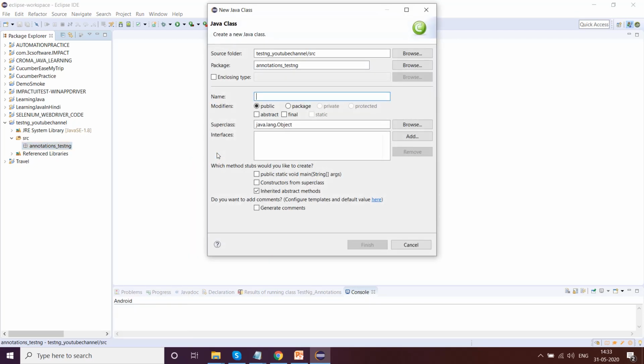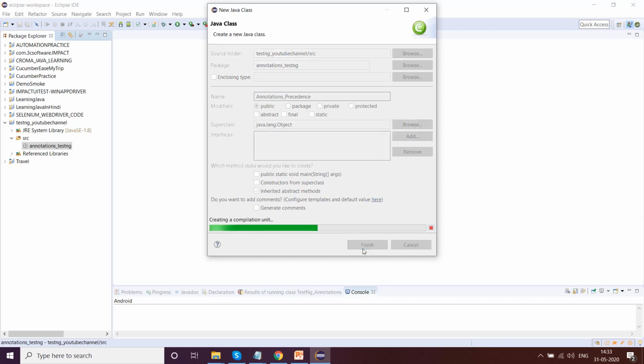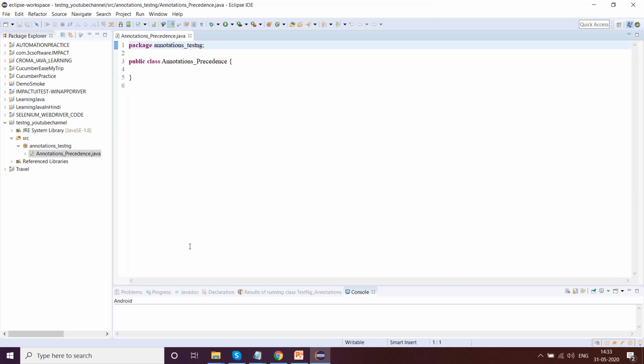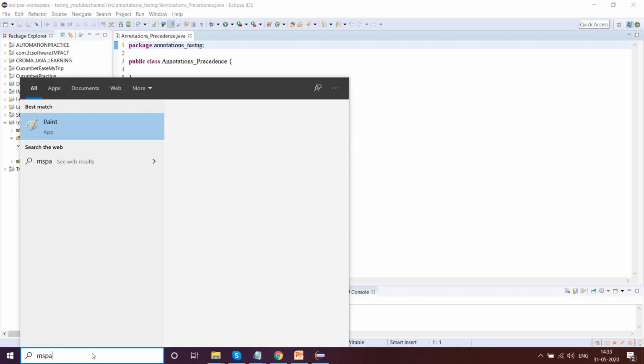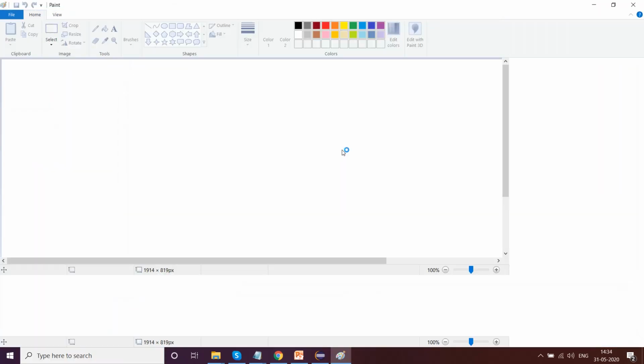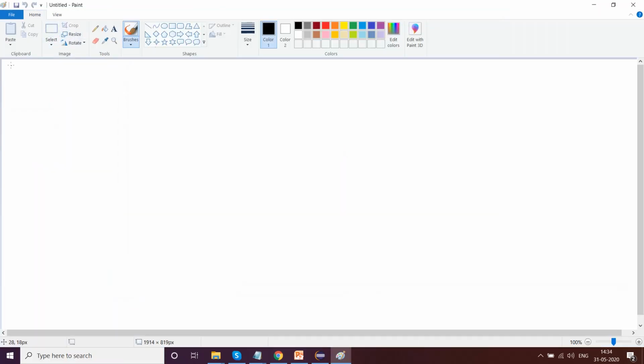The class will be about annotations precedence. I'll not select the main method, and after I do this I'll go and explain a little bit about TestNG and all that. Let's understand a little bit about TestNG, how it works and everything. What is TestNG? There are certain questions which need answers first.